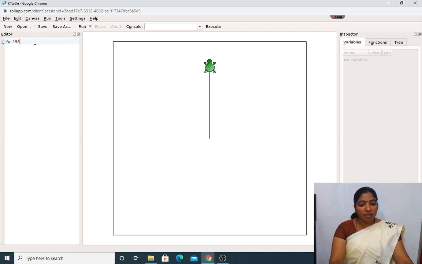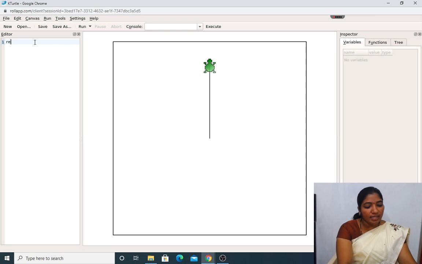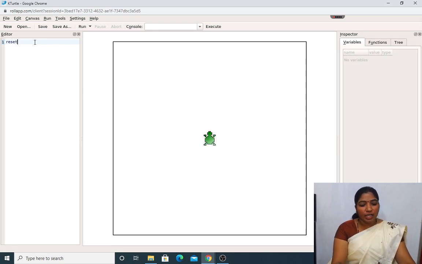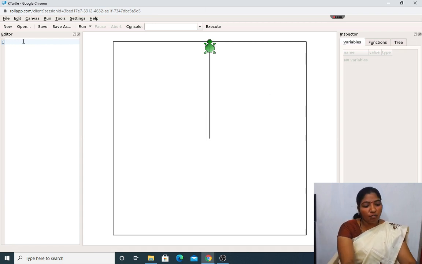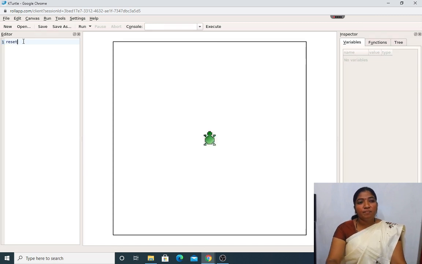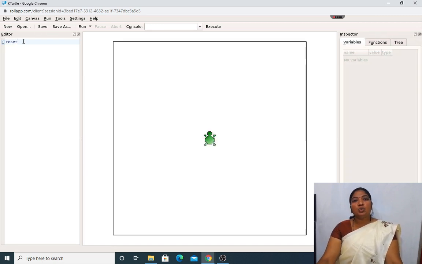Again I will try with 190: reset it, it comes back to its original position, write FW190 and press the F5 key. Again it goes in the forward direction. By writing 50, 150, 190, we see the increasing distance of the turtle. After that I will press the reset button to come back to its original position.